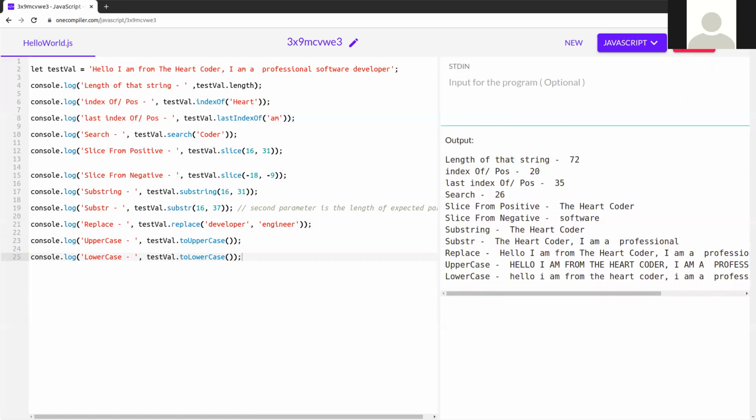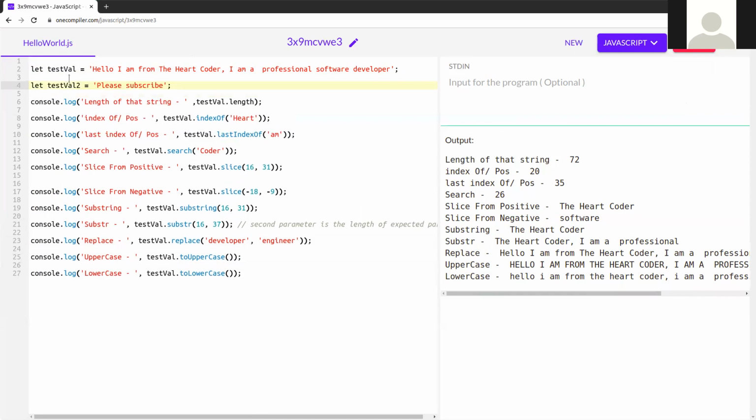Next is concat. For concat, I need to create another variable, like here I am creating another variable, test value 2: "Please subscribe." This is another string. So now another method is concat. This method will concatenate these two strings. How to use that?